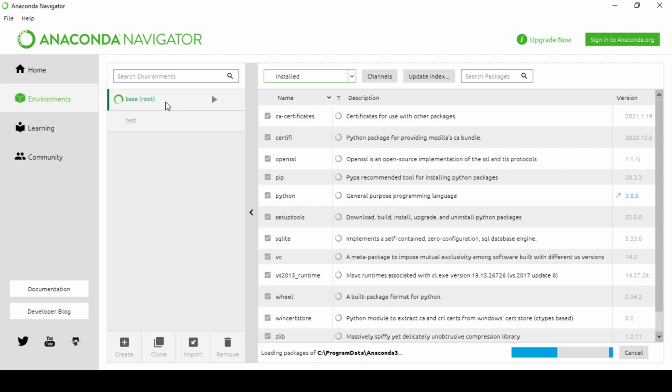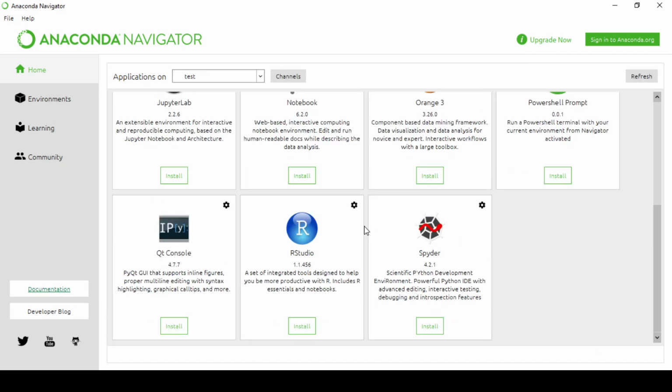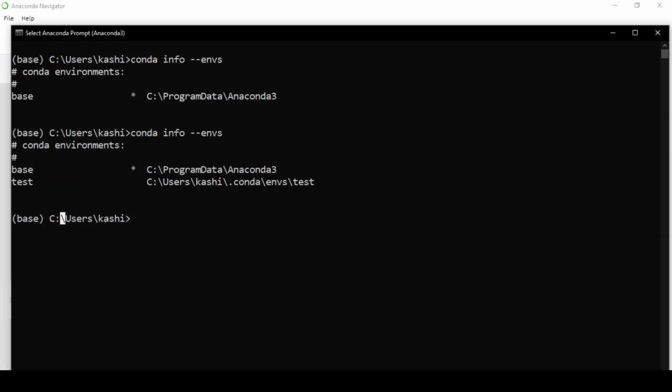And then if you open any application by going to home, the application will be opened in that environment only. You can also click on test and see what all applications you have in this environment. So yes, the applications are loaded for test environment. Now we can go back.